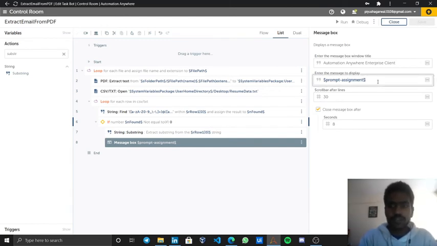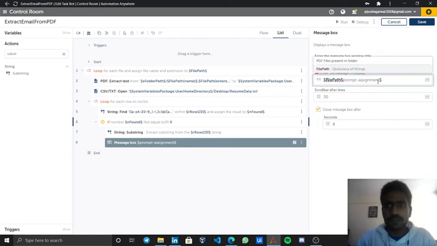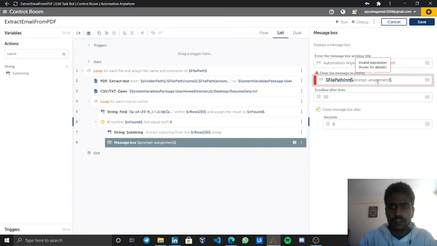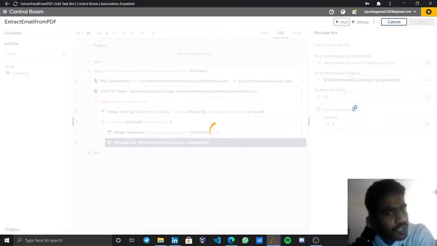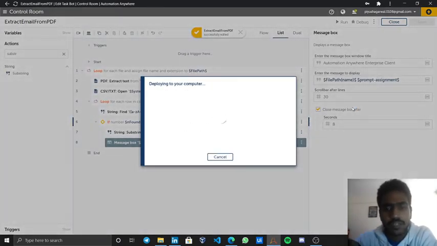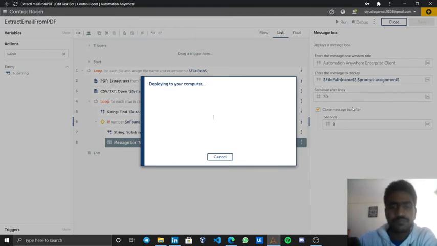Once more, I want to know which email belongs to which file. So for that, what I can do is simply write again dollar file path over here. I will just use my dictionary to get me the file name, and a dollar over here. So let's run it again. This time it should give us the file name and the email, which file contains which email.